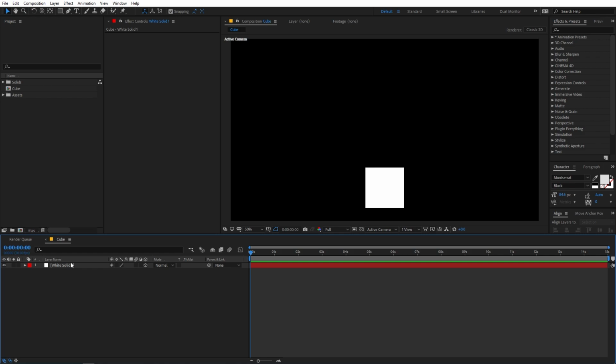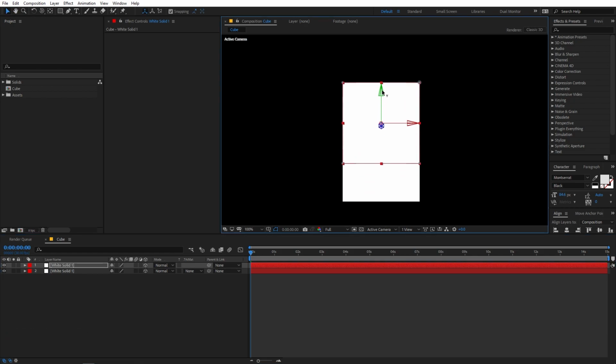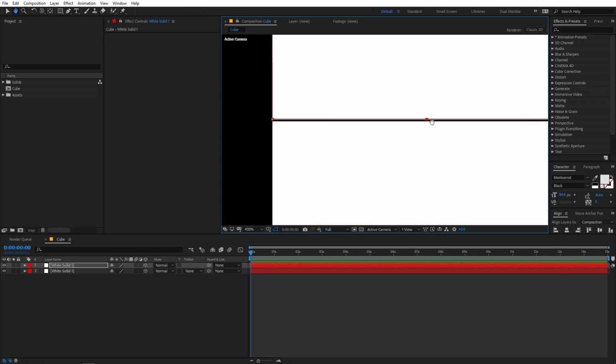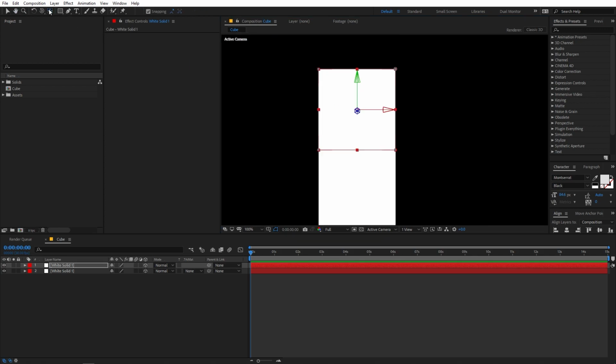Now we are going to create some copies of this. You can select this, press Ctrl D to duplicate it. Now you can just simply zoom in and try to move it something like this, and you will notice that it will automatically snap to the corner just like this. After that, let's select our pan behind anchor tool, and we are going to move this to the very bottom something like this, and just make sure that the snapping is enabled so that it will help you a lot.